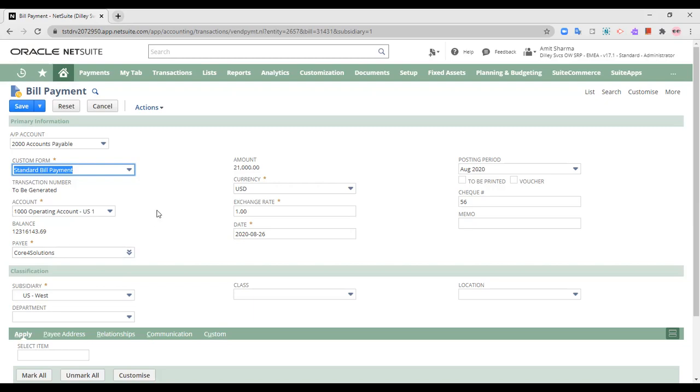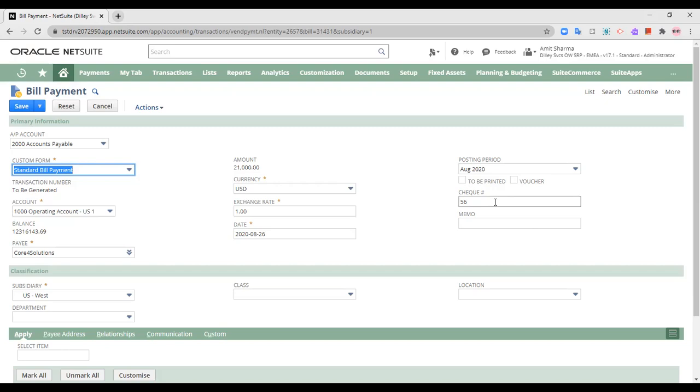Pay is of course taken automatically from the bill. Amount, again from the bill, it is automatically being taken. Currency, exchange rate, date of payment, posting period. Now, to be printed or a voucher to be printed, it depends on you if you would like to do that.